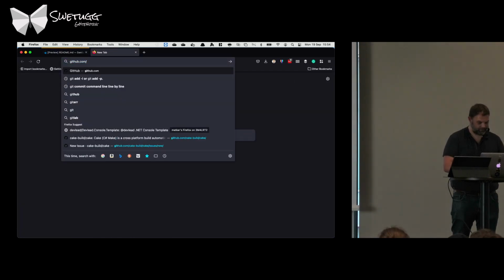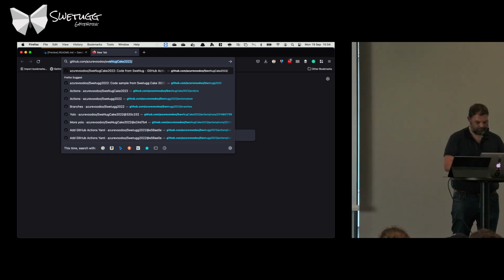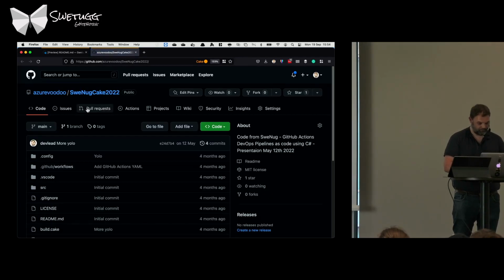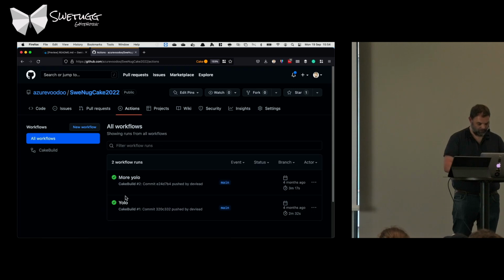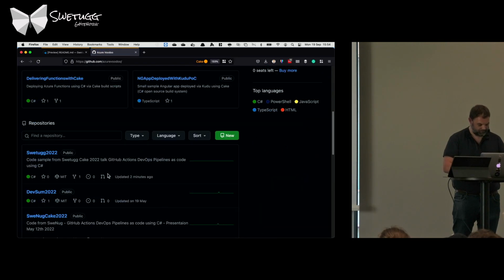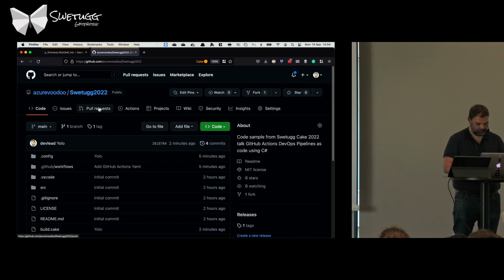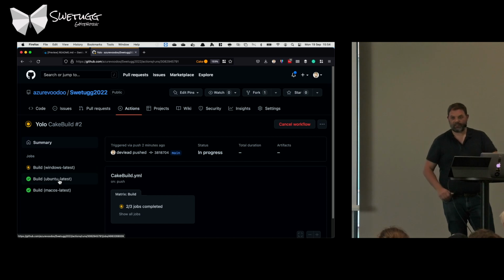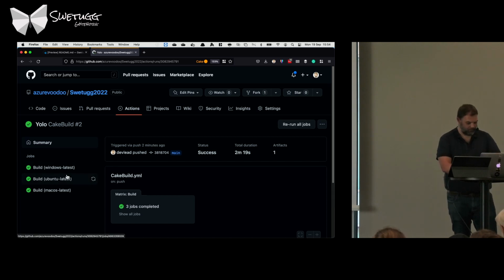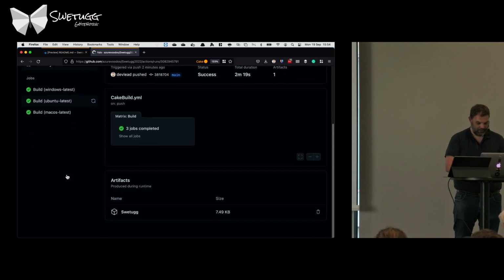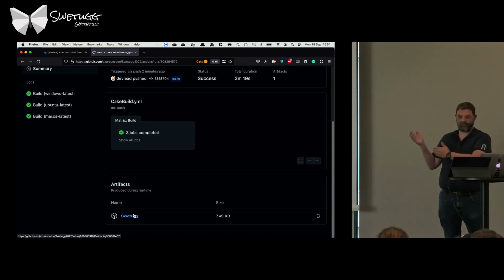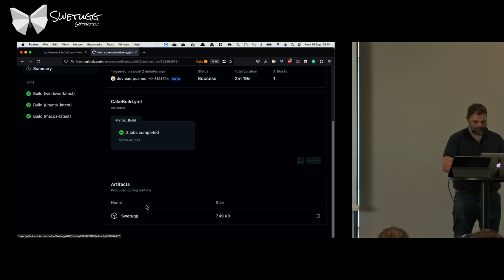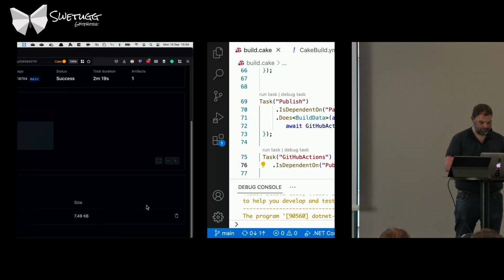Let's see how our CI is doing. Oh, that was wrong. We actually had success now. So now all 3 builds succeeded when we call the right task. And down here, we can see our Swetugg artifact. We only see one, but we can also do things like